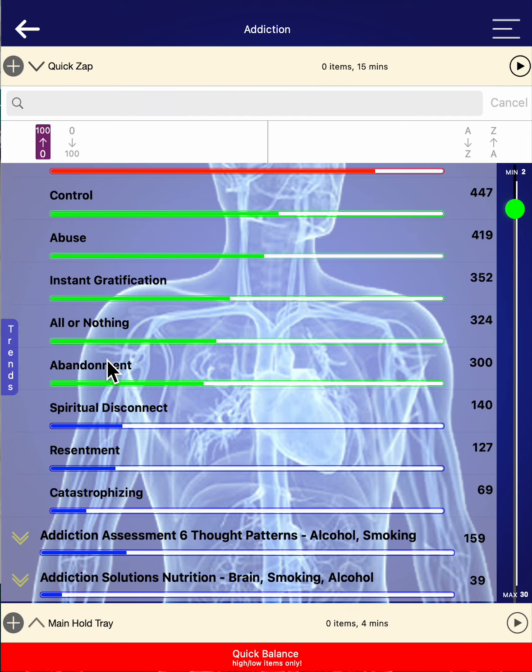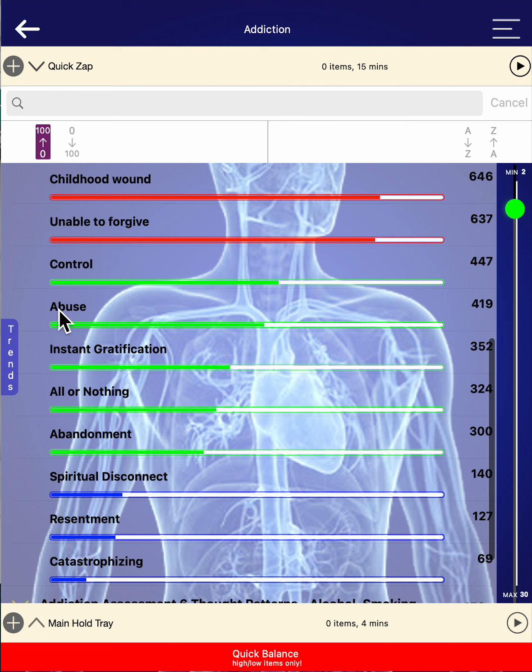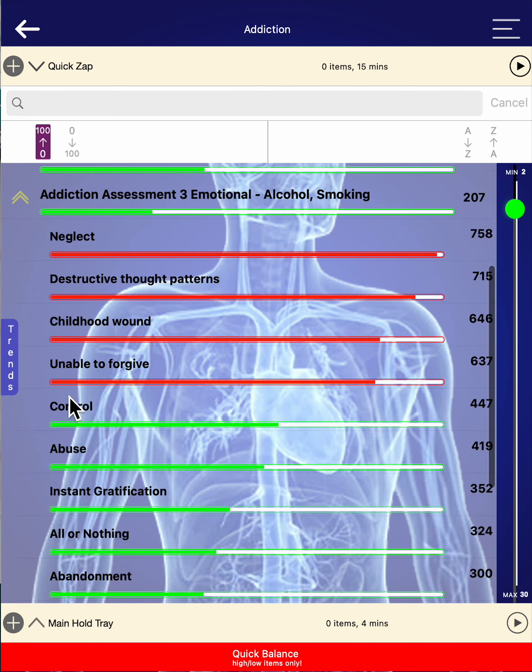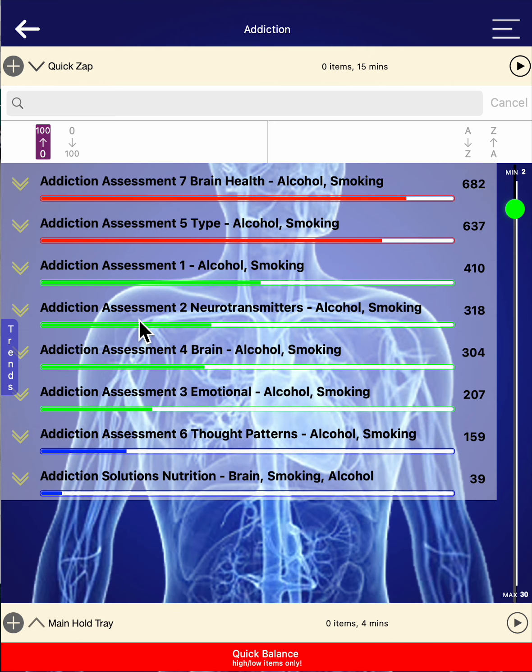If we were looking at this particular person, and I see that abuse is in green, I would assume that probably for this person, abuse isn't something they dealt with at some point in their life, but perhaps they are still dealing with resentment. So this is just a very, very quick overview to show how we can go into reading the invisible energies of the body to try to get to the root cause of why somebody is being driven